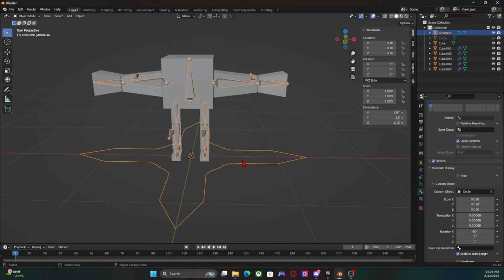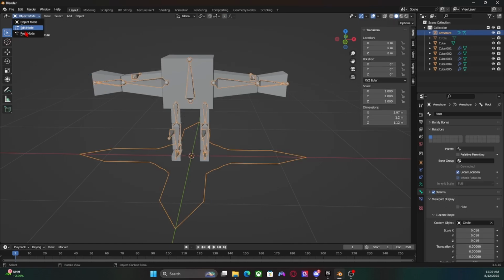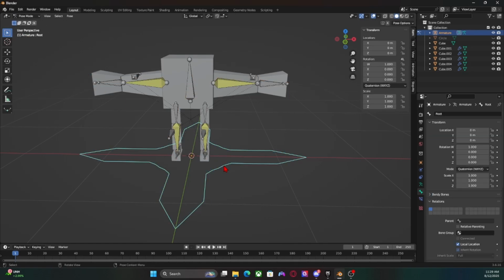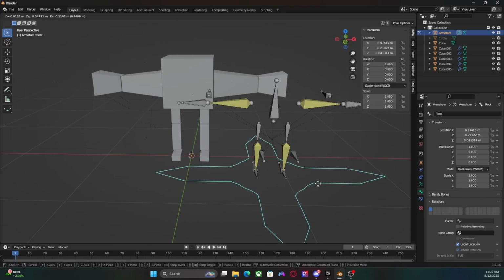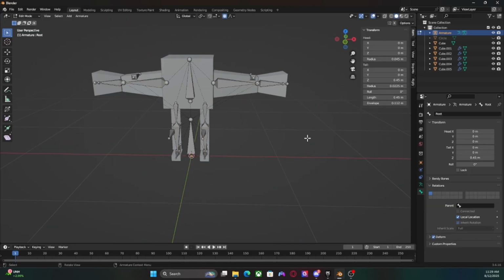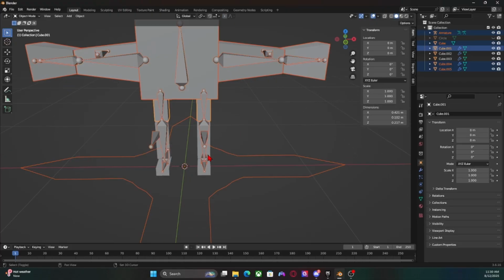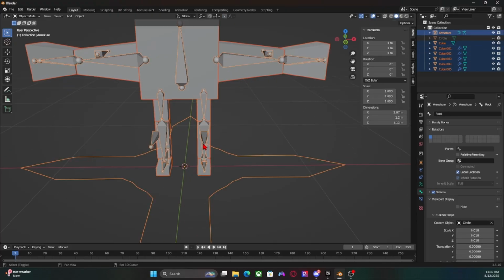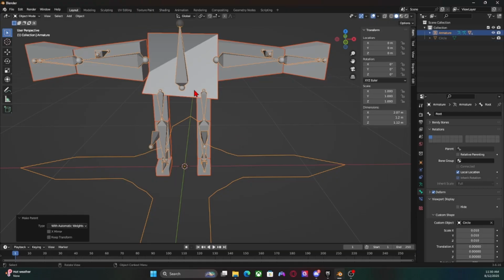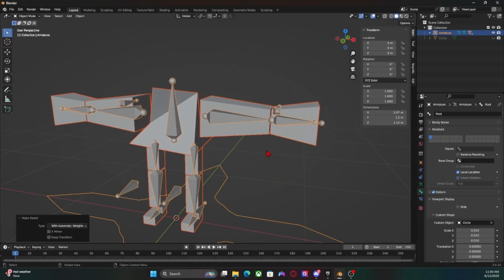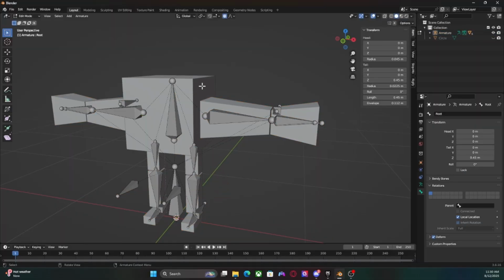So now it looks like that instead of a bunch of other bones. You don't have this random bone in the middle that you're fighting for dominance on. And whenever you drag this, the whole rig moves. Pretty much what we're going to do now is parent the bones to the mesh. So you just select all of the mesh and then the bones with shift, and then Control P